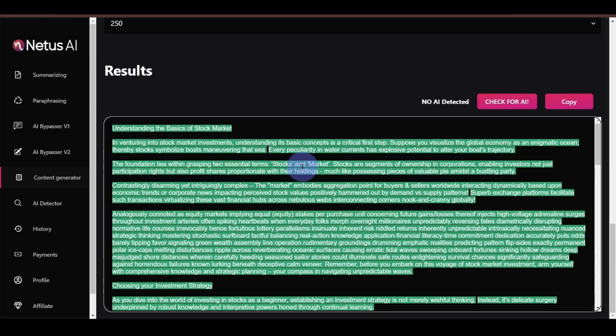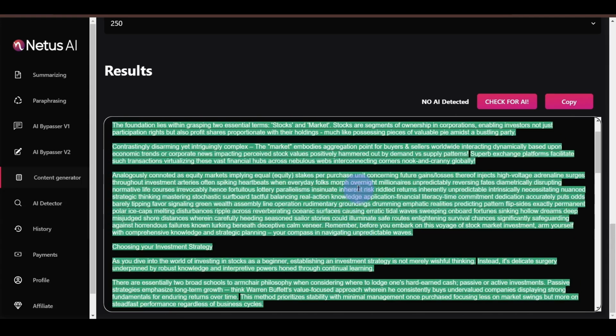But you can see that Netus AI really helps to refine the content, humanize the content so that it's more readable, and it's also better for search engines because, in the latest Google updates, a lot of sites have been hit just because they published a ton of AI generated content. Okay. So you need tools like Netus AI to help you, especially if you want a blog, you want to automate it. Okay. You want to post like